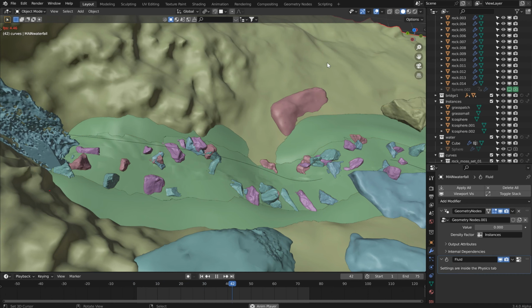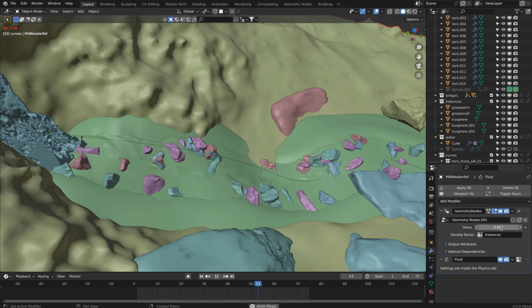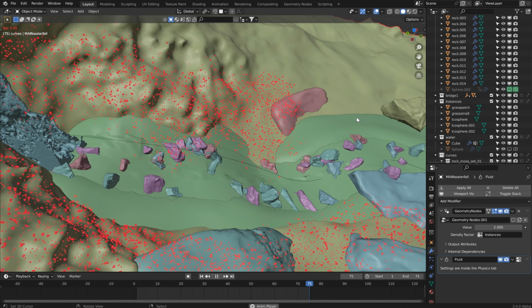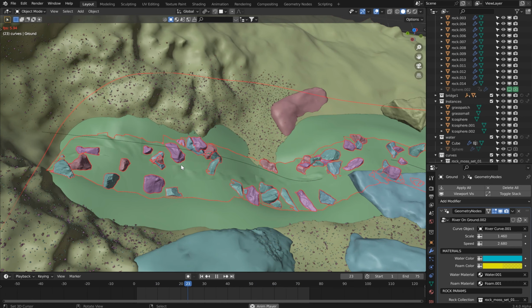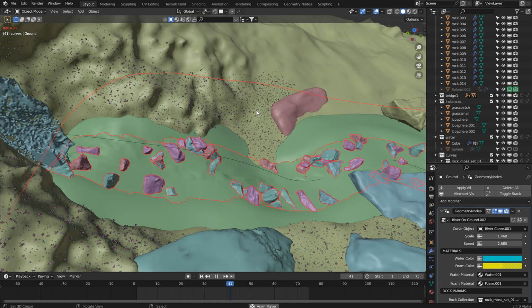And I think I've got a lot of instances. Yeah, I haven't turned them on. Let's just put this to 2. Hopefully I don't crash anything. And so I've got a bunch of rocks set up as well, and I'll probably have to increase the size of those to match, but